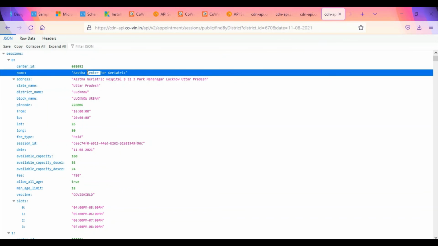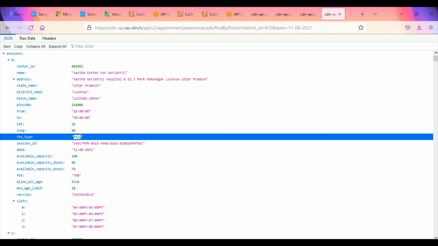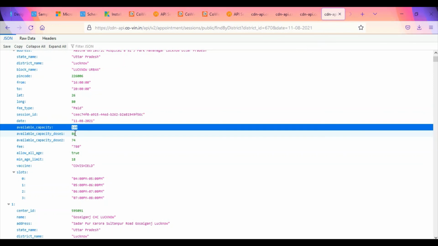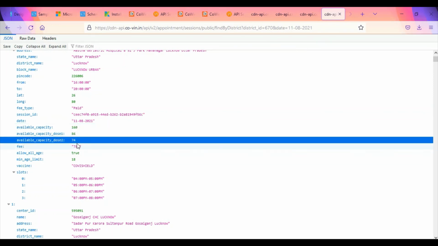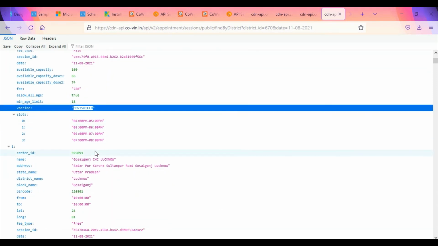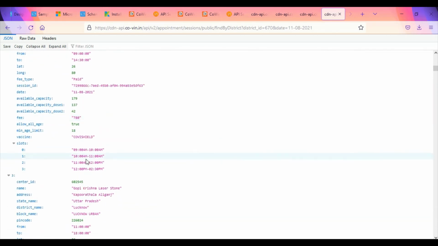This is the name of the center, and this is the area, and whether it is free or paid, what kind of vaccines are available, how much is reserved for the first dose, how much for the second dose, what is the fee, what type of vaccine is available, and what sessions are available. You can test it by various methods.